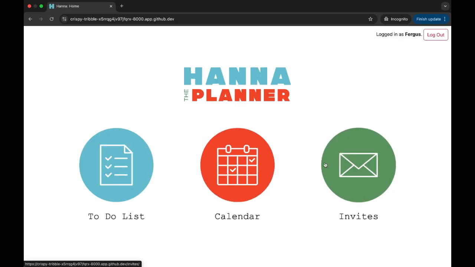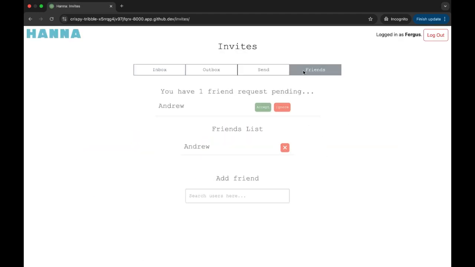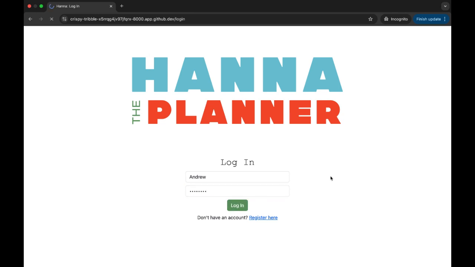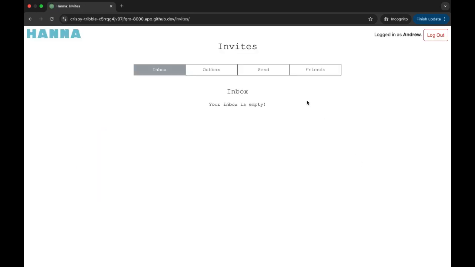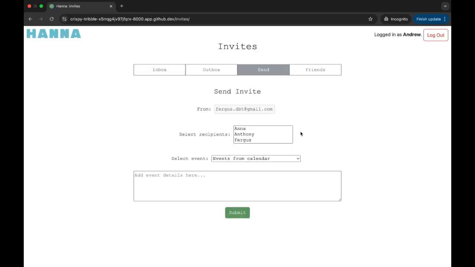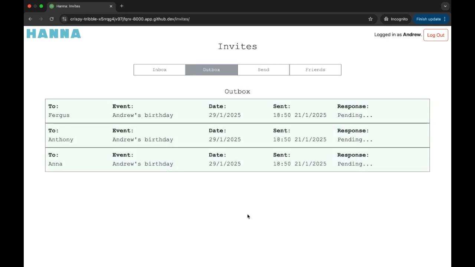I'll quickly jump into my own account as Fergus to accept the request from Andrew in return, but I'm staying in Andrew's account here to demonstrate the send invite functionality. We can now see that Fergus is listed among the available friends list alongside others, and multiple can be selected as recipients. We can select an existing event from Andrew's calendar, such as his birthday, and add some further details if we wish. Once sent, we are taken to the outbox view, which now shows 3 invitations have been sent,